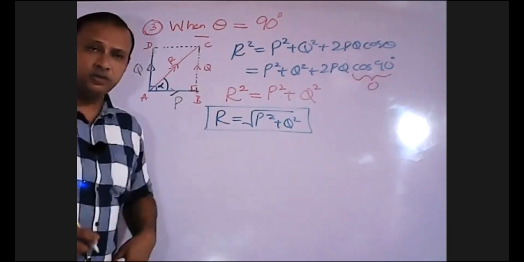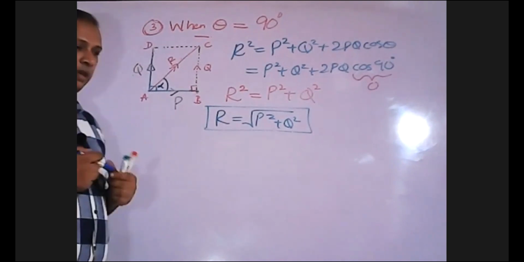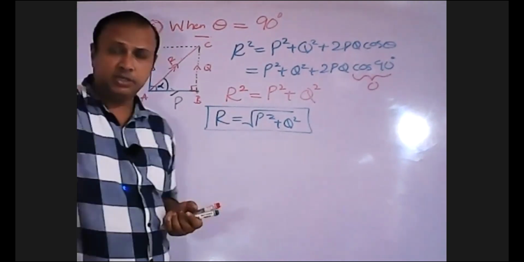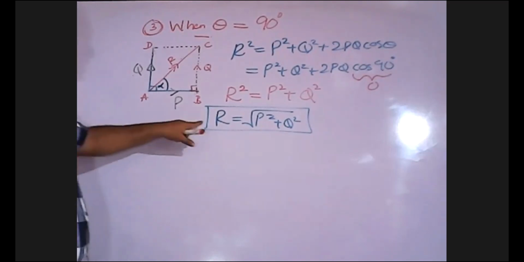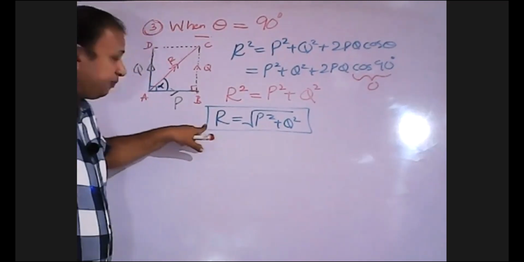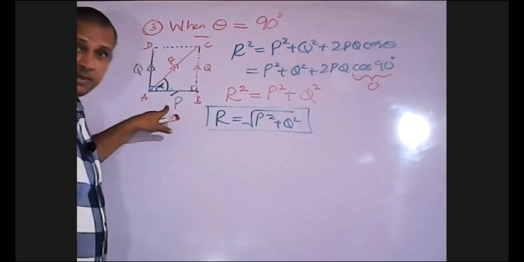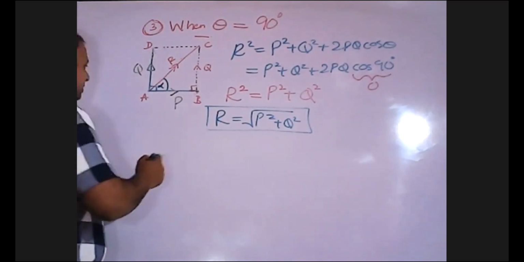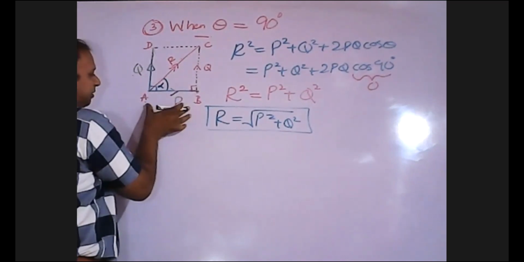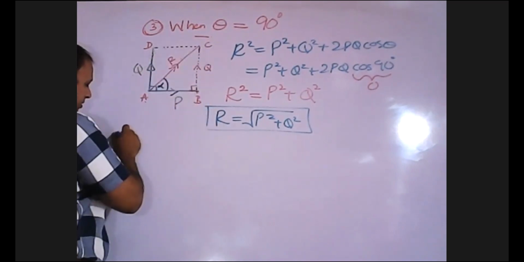This equation can be used as a standard equation. The other two equations may also be used as standard equations. The same thing can be determined using the Pythagoras theorem. Look at this. If you apply the Pythagoras theorem to the ABC triangle,